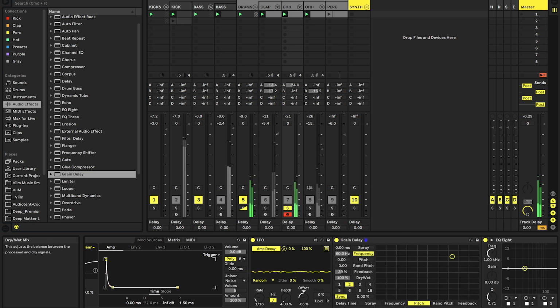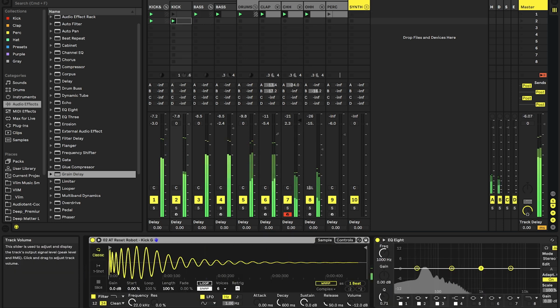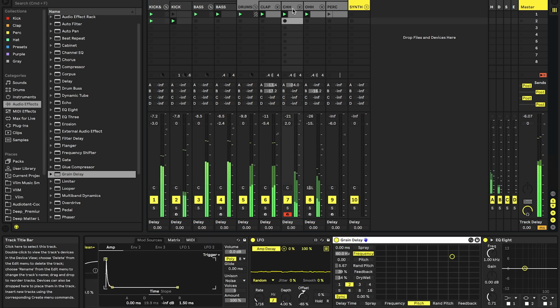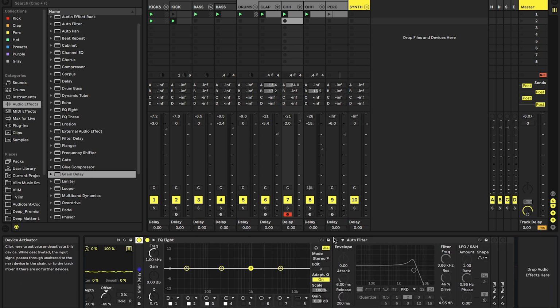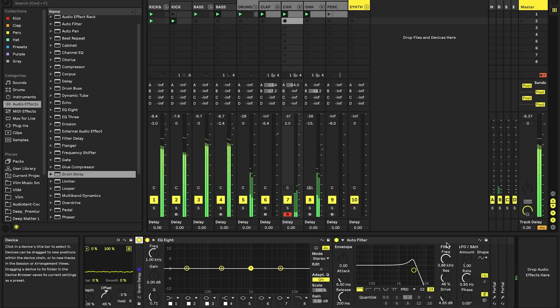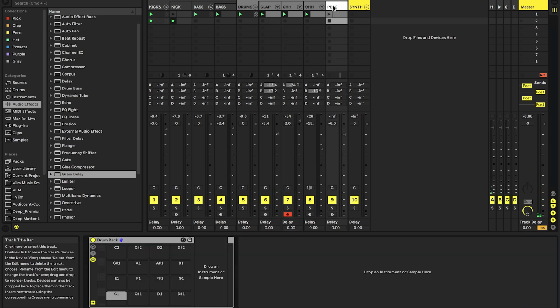Add a little bit of feedback. Then we can add some random pitch here, which also works great. That just adds way more groove over here. Yeah, we can get back into here and maybe tweak it. I was also thinking about making it a little bit more of a percussion sound. Maybe we can even automate this, but first I want to create a little bit more interest here in the